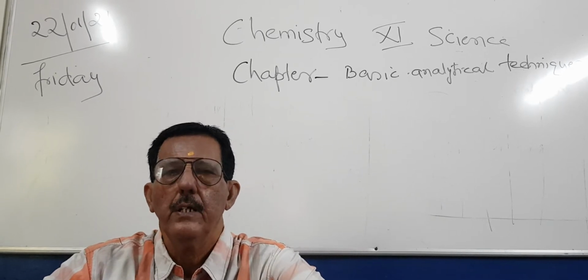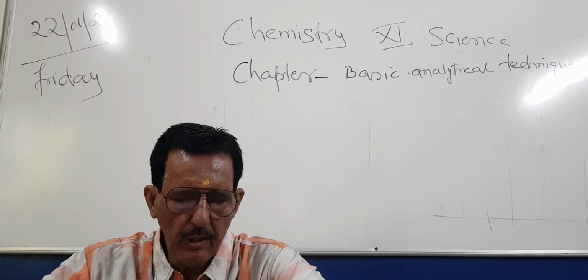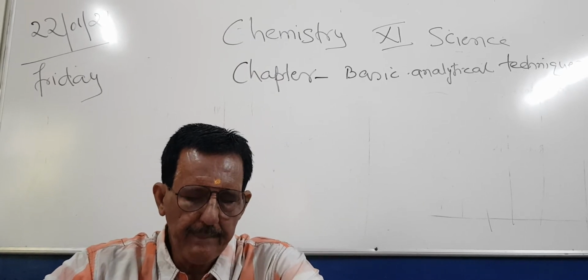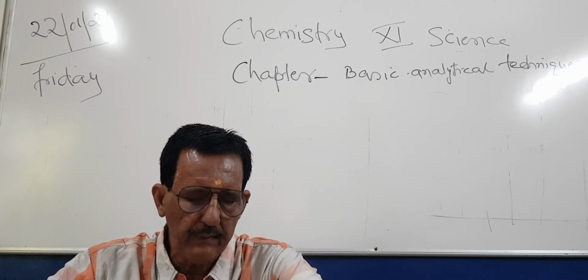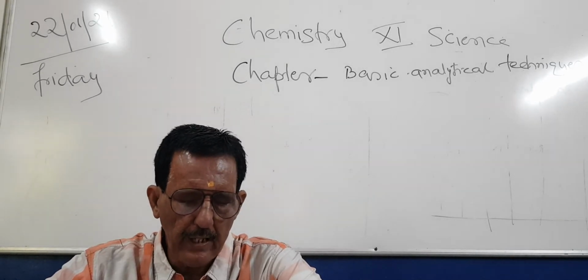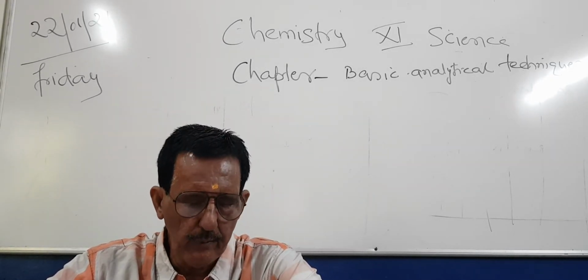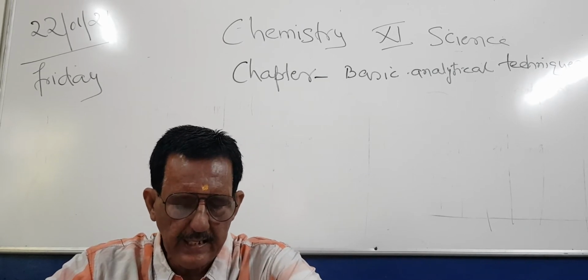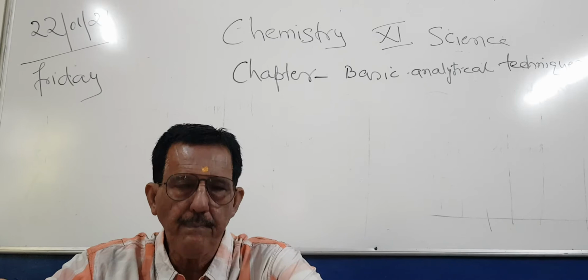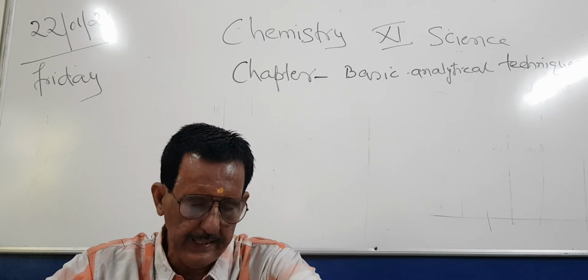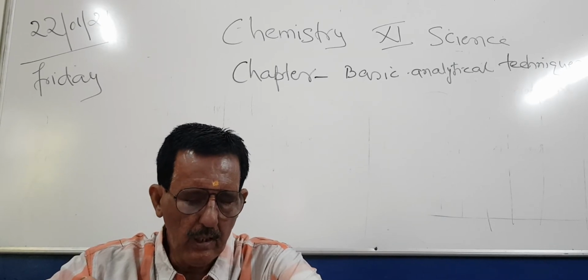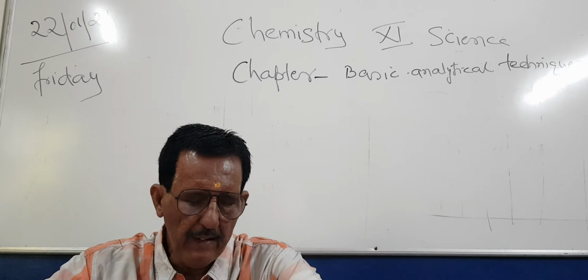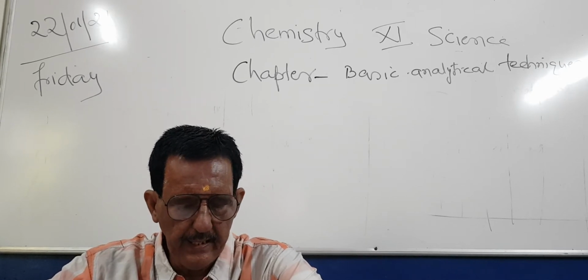Now we go further into adsorption chromatography. Adsorption chromatography is a technique based on the fact that different compounds are adsorbed to different extents on the stationary phase. Commonly used adsorbents are silica gel and alumina. Silica gel we manufacture from sand particles, and alumina is from the ore state. When the mobile phase is allowed to move over the stationary phase, the components of the mixture move by varying distances over the stationary phase.